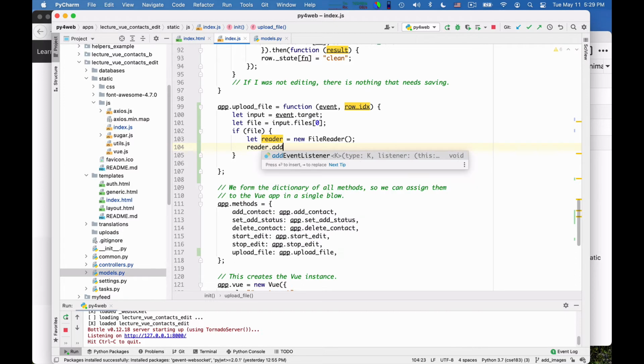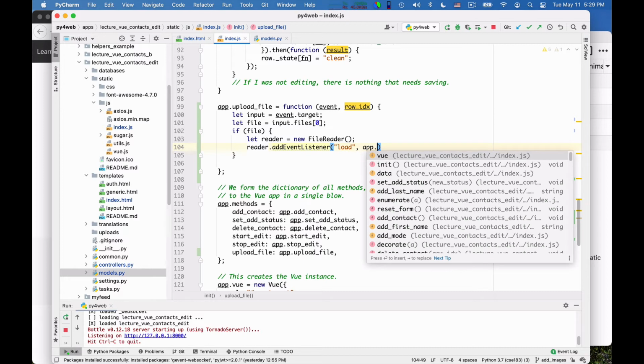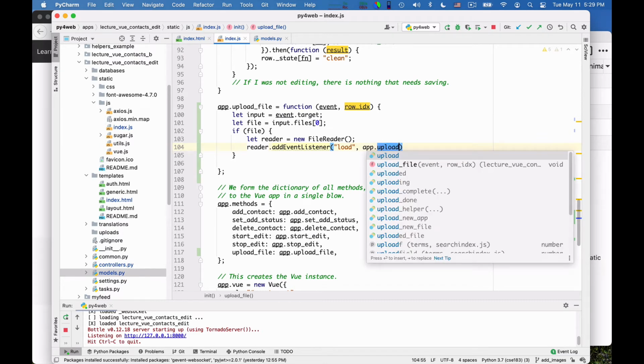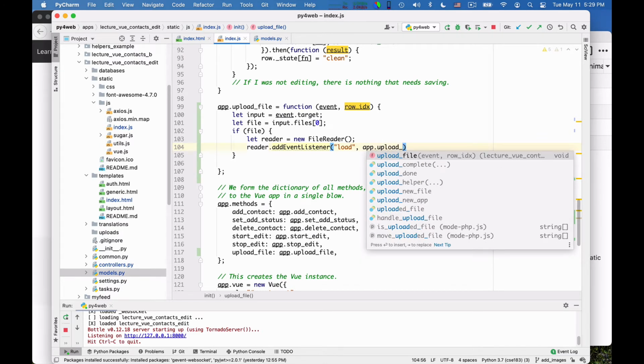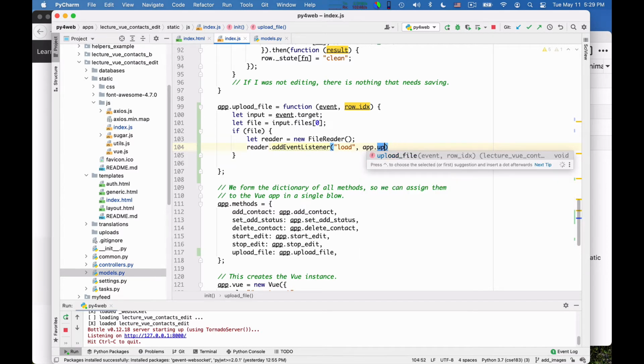Reader add the event listener for the load event, and here I will say app dot upload file, upload image. Well, do upload.